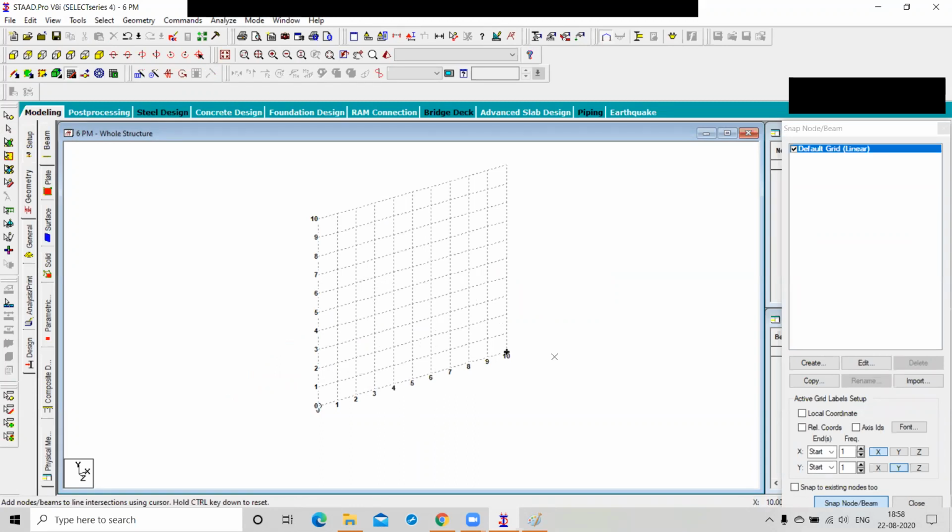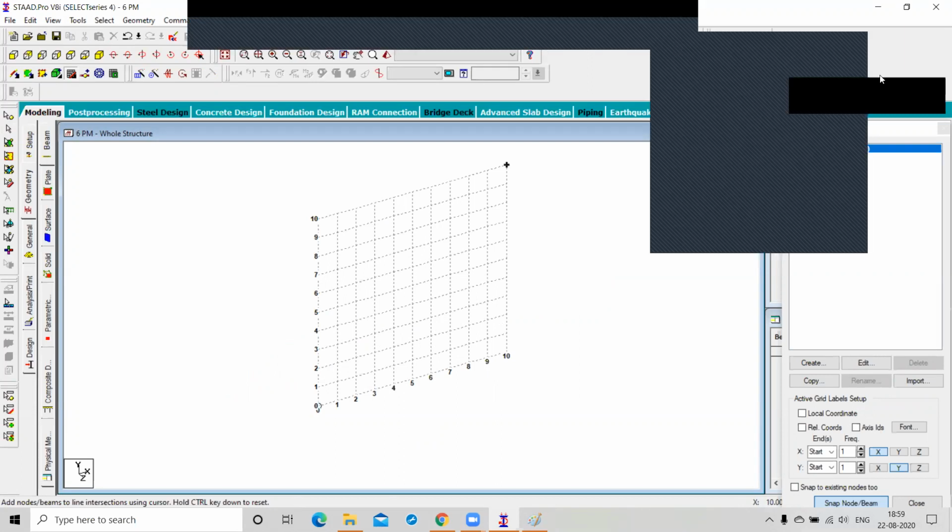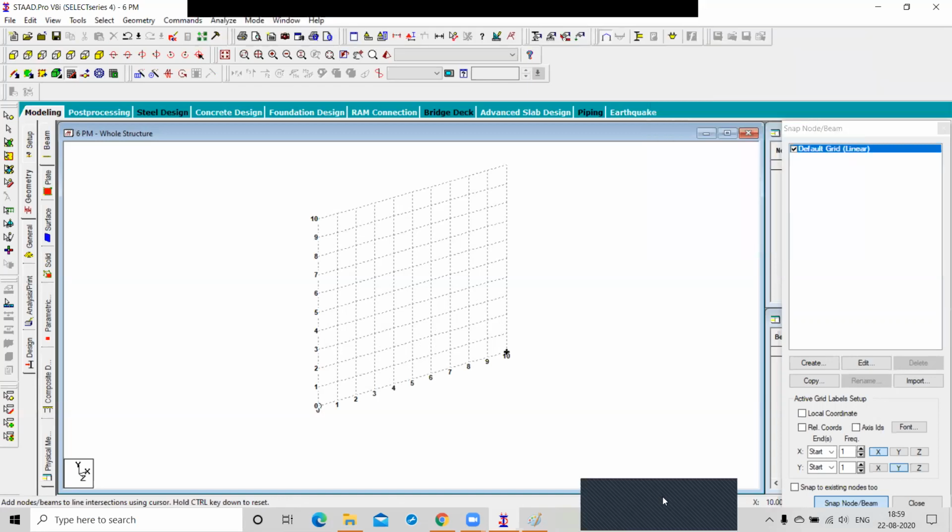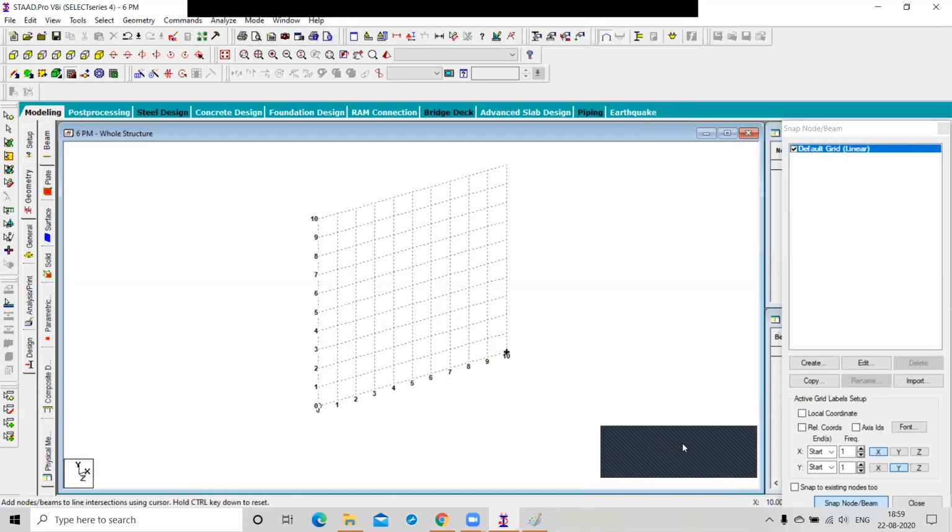Up to 60? Yes or no? You're not audible, sir. I am audible now. So tell me, what changes are to be made in the grid to draw that figure?